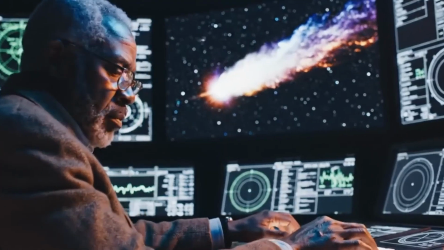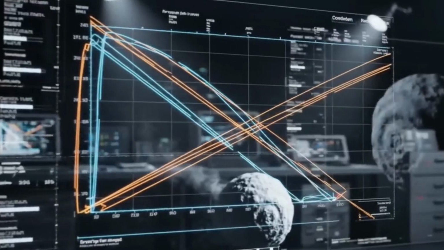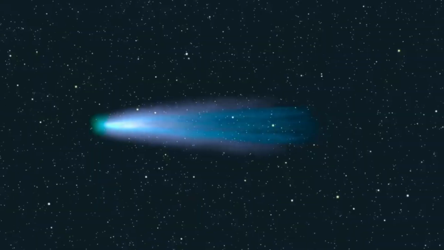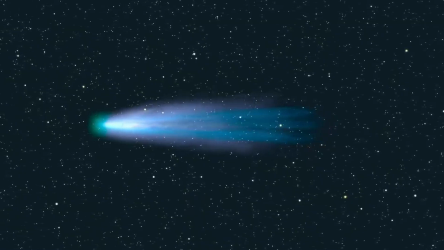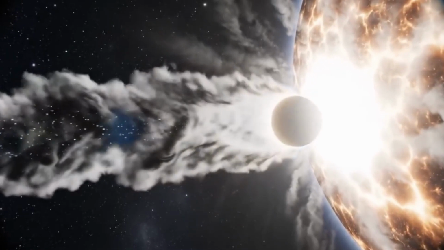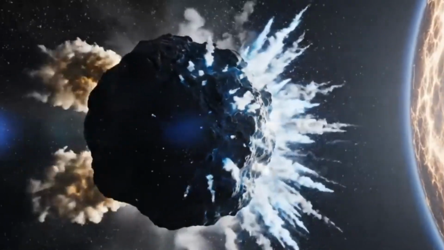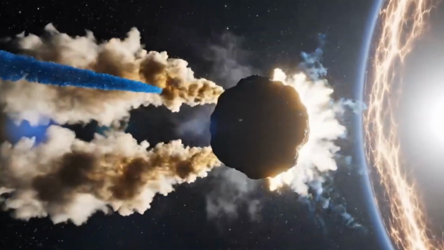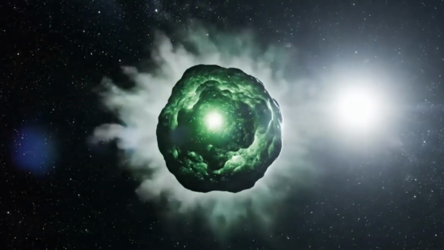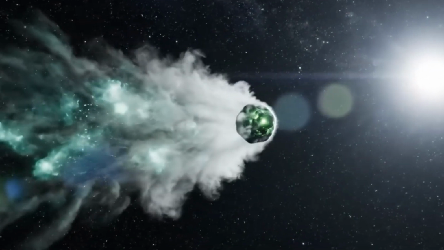This idea is supported by the hypothesis that 3I Atlas is a primitive carbonaceous object, potentially older than our own solar system. If it formed in the cold, dark reaches of another star's Oort cloud, it would have retained a far higher fraction of these supervolatiles than any comet we've studied that formed in our own system. It's a pristine sample of interstellar matter, and its behavior is a direct reflection of its alien origin. The sharp change in path, in this context, is simply the signature of a different kind of ice, a different